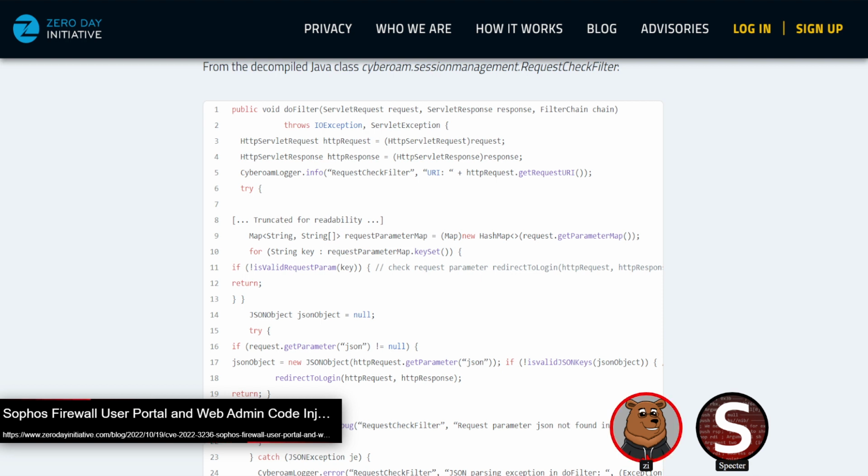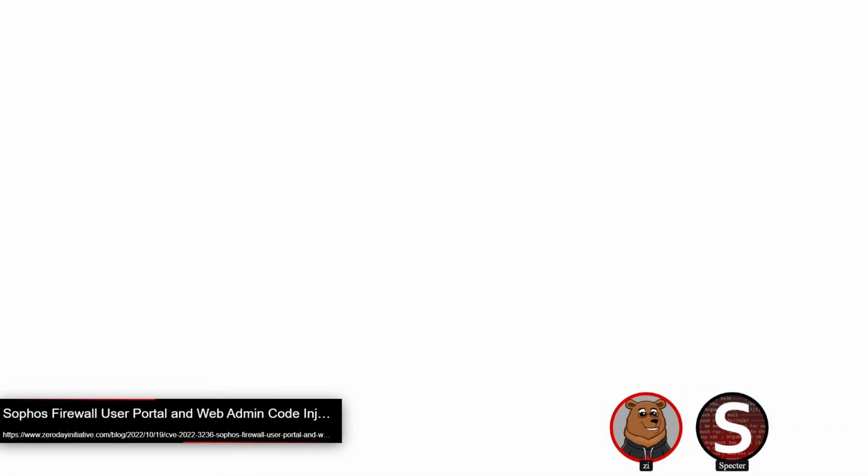One thing it does, it'll iterate through basically all of the parameters, and all it does is check isValidRequestParamKey. It only actually validates the key, and all it's doing there